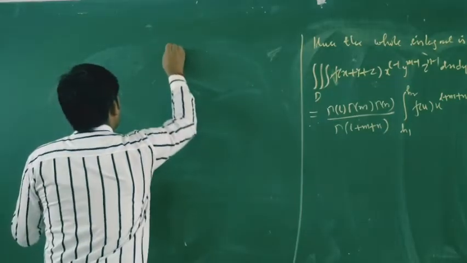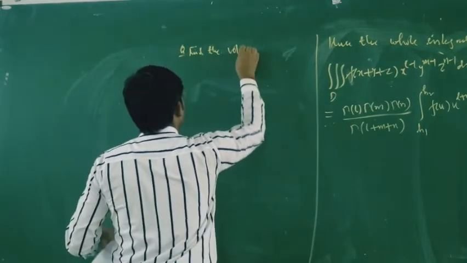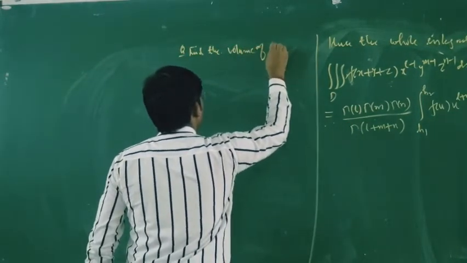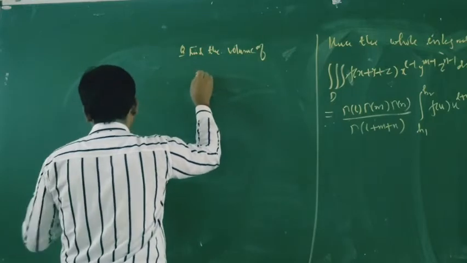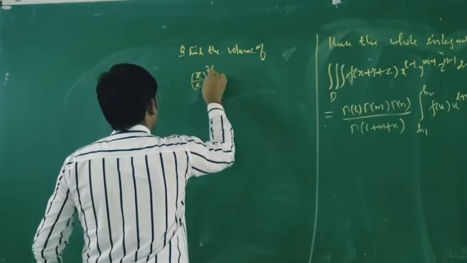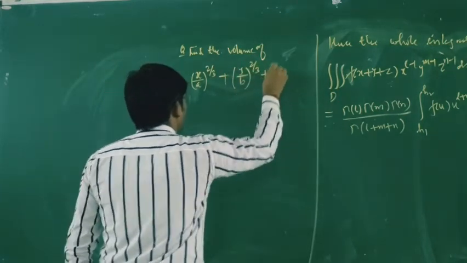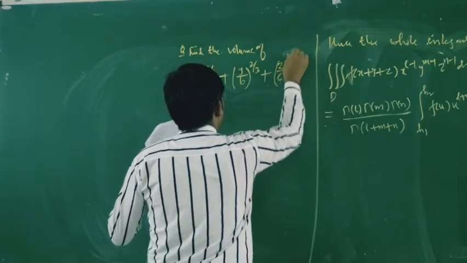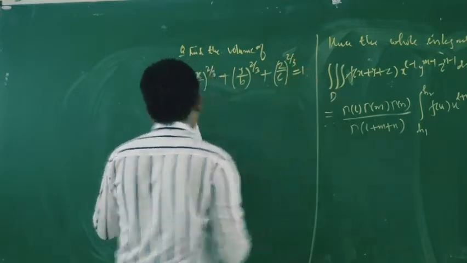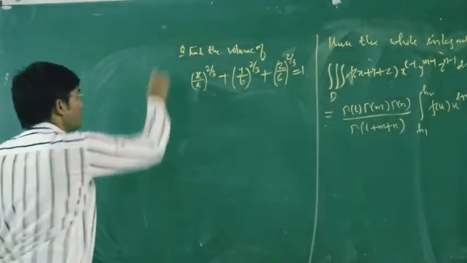Now question: find the volume of the solid (x upon a) to the power 2 by 3 plus (y upon b) to the power 2 by 3 plus (z upon c) to the power 2 by 3 equal to 1. So just find out the volume of this solid. So solution,